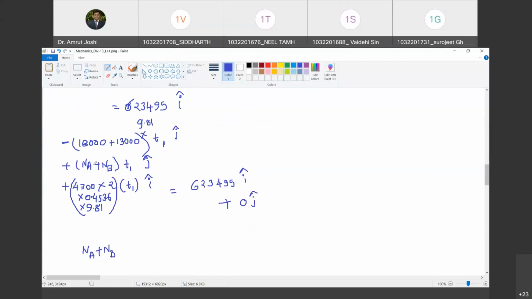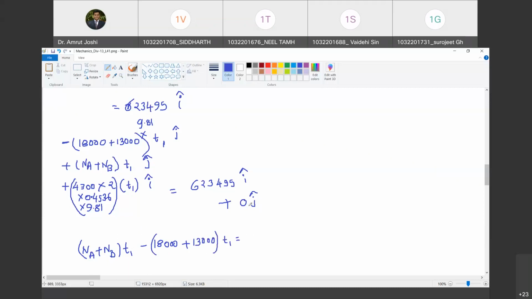Look, what are the components of j cap? Na plus Nb. Do you agree with me? Into T1. Happy? And what other components are there? Minus 18,000 and plus 13,000, right? T1